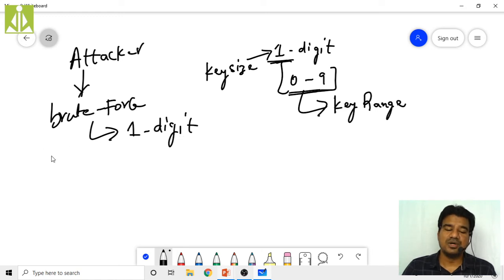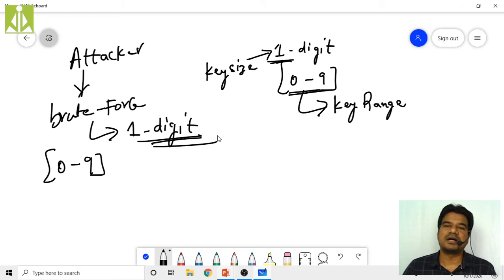So he will try the complete key range. Whatever key range he has, he will try that complete key range in order to break this passcode, to break this lock which you put on your mobile phone. So he will try starting with 0, failure, starting with 1, failure.